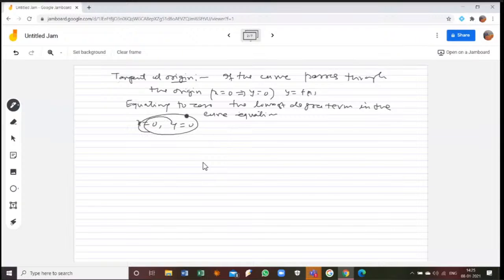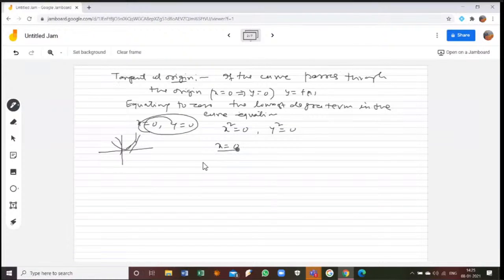But if the degree is higher than 1, then it may come x square equal to 0 or y square equal to 0. So if it is only linear, here x is equal to 0 or y is equal to 0, therefore there will be a tangent at any point on this curve, whether it is with the x-axis or with the y-axis. But if it is x square, you cannot write this simply as x is equal to 0.